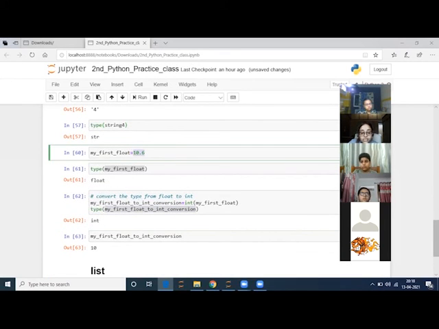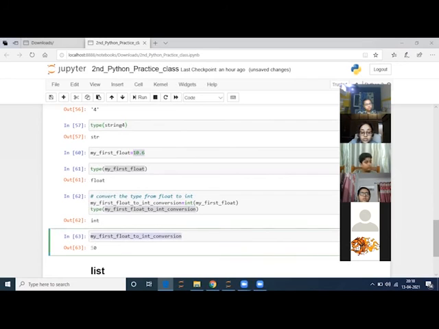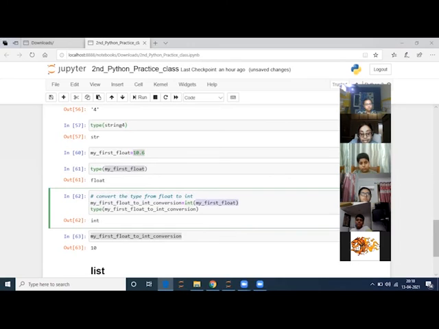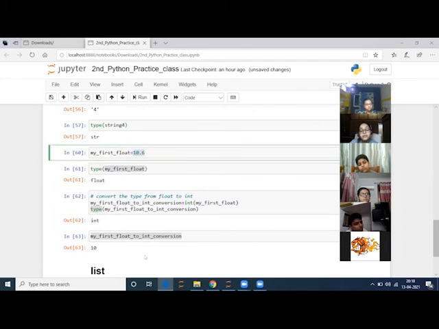This 10.6 actually got converted to 10. How? Using this first line of code. This is the variable. I just had to use int and mention the variable which was previously float. When I used int, my float variable's data type converted from float to int, and I can see that my data also got modified. Previously it was 10.6, now it is 10.